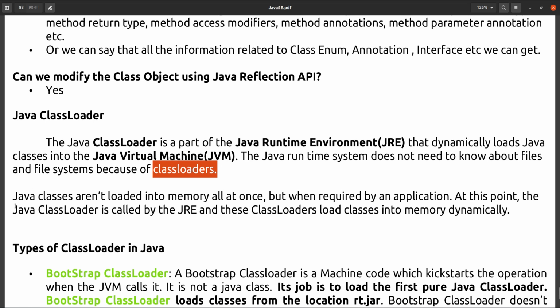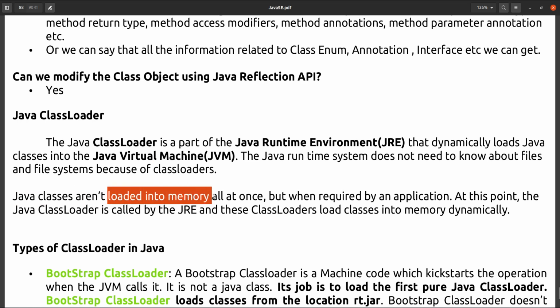So how will it load? We have to see that. Java classes are not loaded into memory all at once. Suppose you have created so many classes for your project, and so many other classes already come with the JDK. Will all those classes be loaded into your memory? No, they will not.